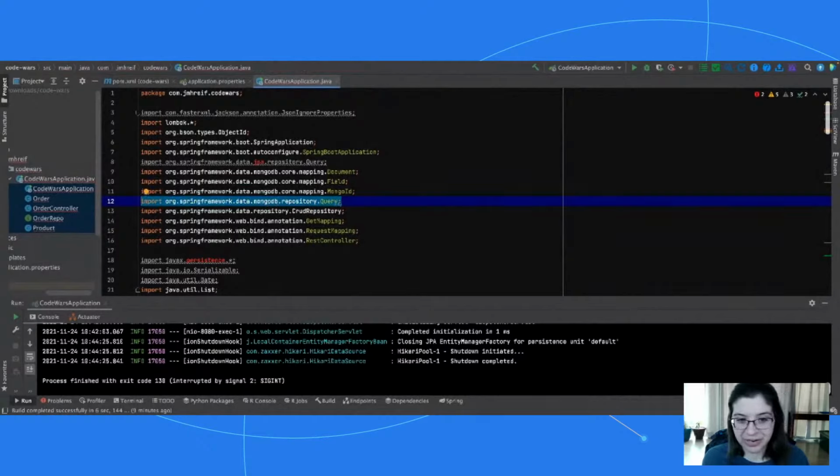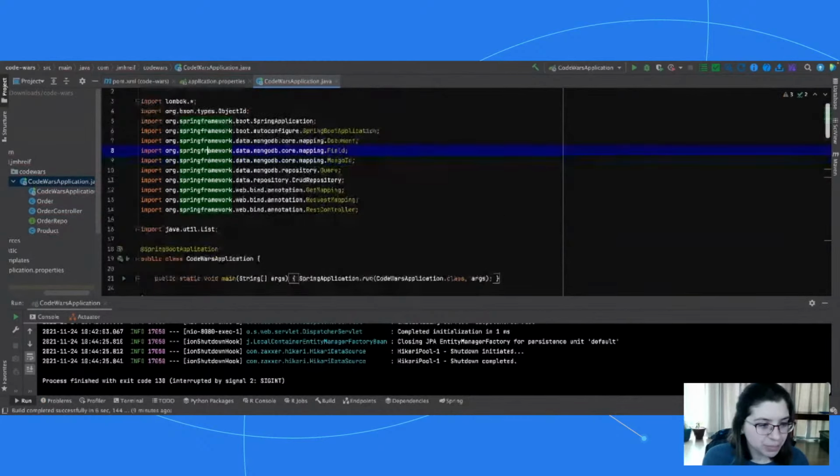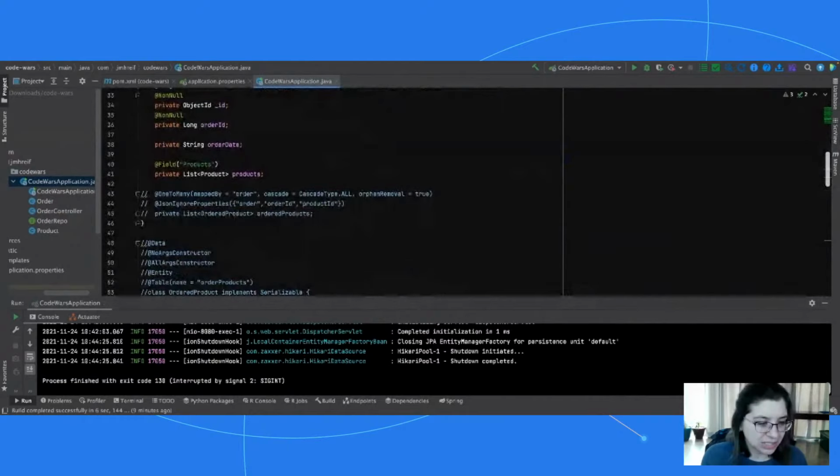MongoDB repository query. So there's the annotation there, and it's sourced in and works fine now. Exact same annotation. It's just getting from a different package there. Okay. Then optimize my imports. So that cleans all that up. Hopefully all of the red disappears. It looks like it did.